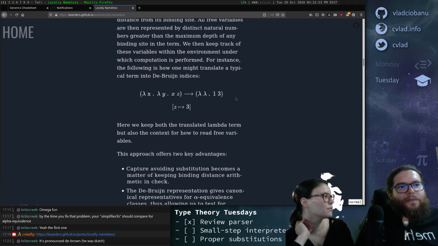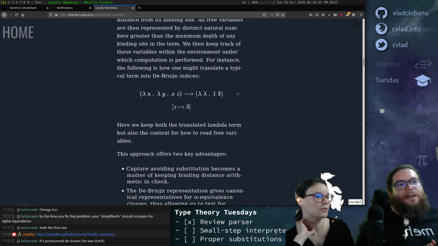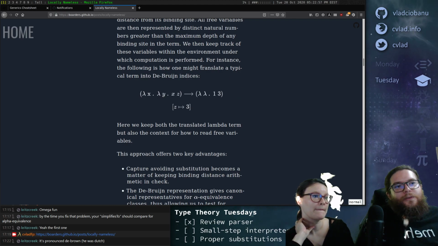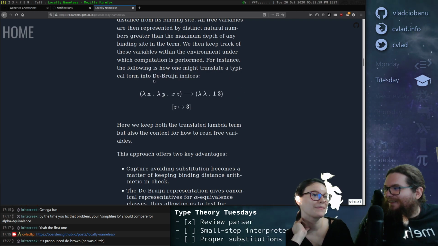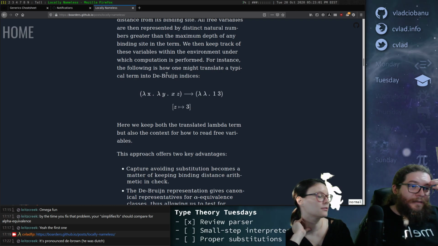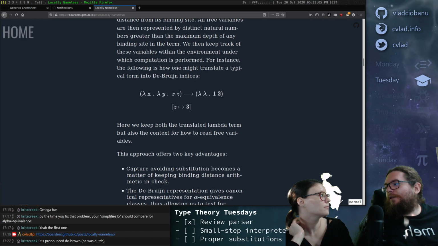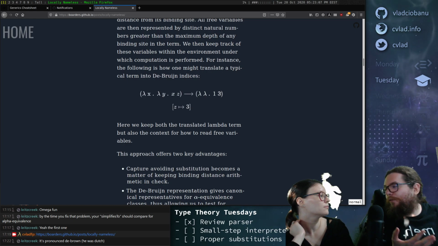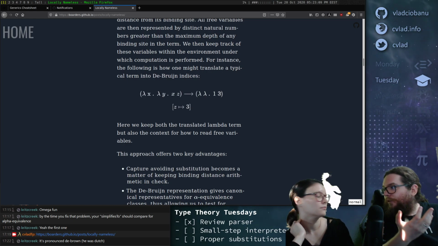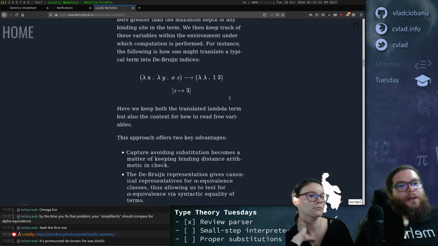But what happens with the free variables? Well, I guess that's what happens if you use de Bruijn indices. You basically have to rename everything with a number, right? So I guess that if you find something that's not bound, then you have to use the next available integer. I guess that's the algorithm.